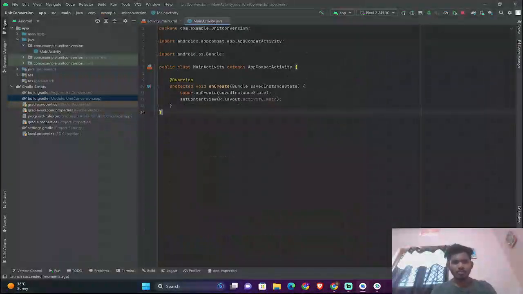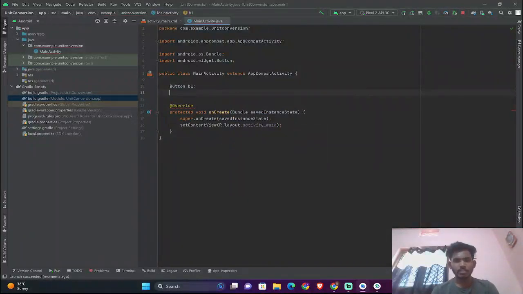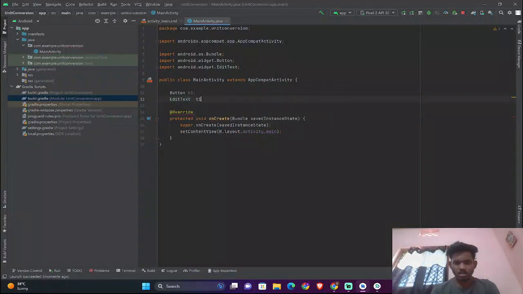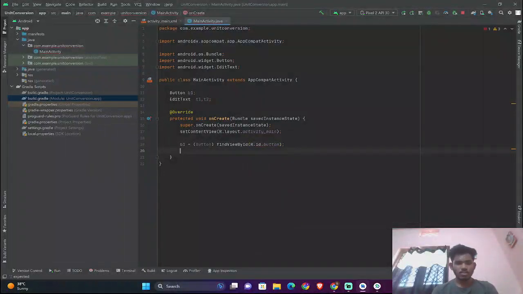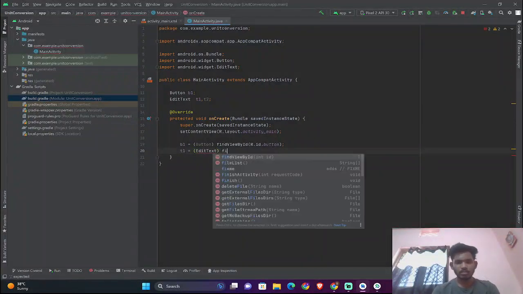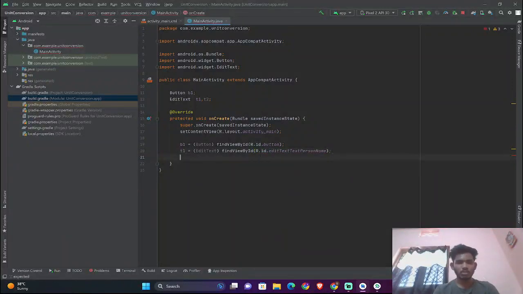Now we are going to access the IDs, accessing all the buttons with findViewById. Quickly we are going to find all these IDs so we can access them. The edit text name is for dollar, and T2 is for the rupees.